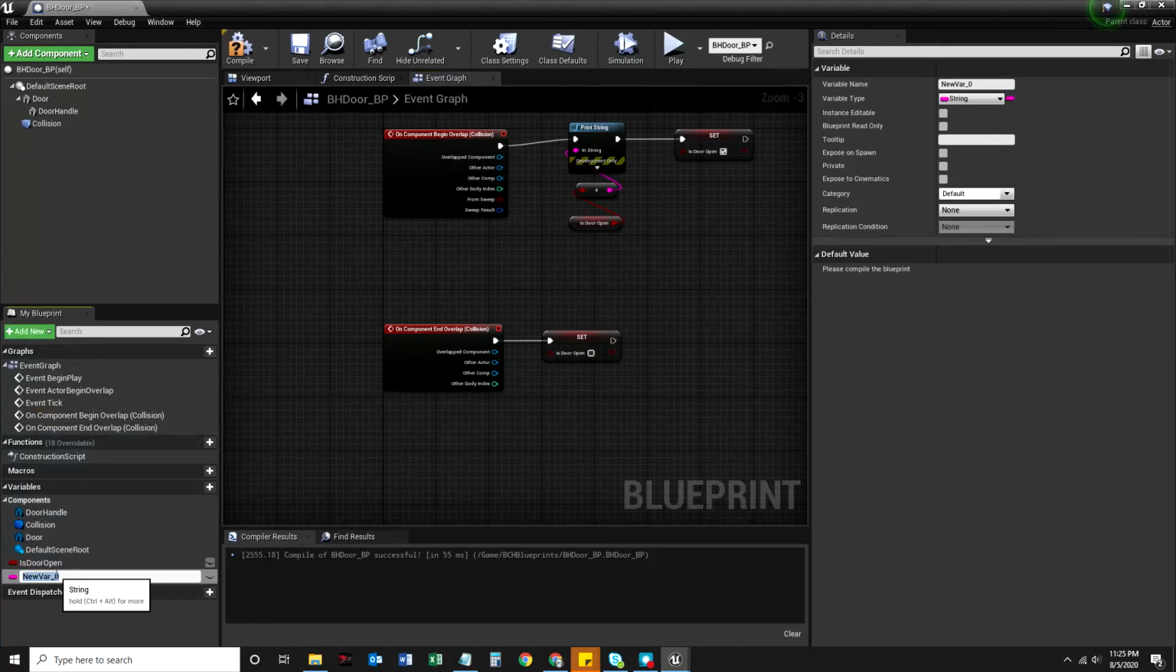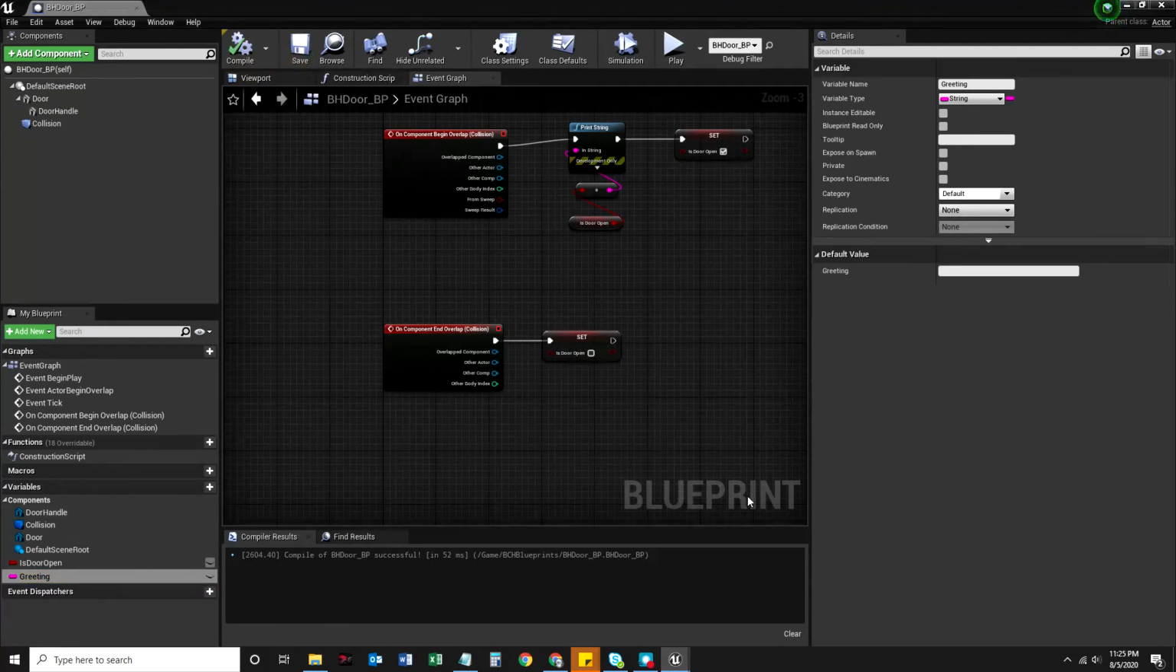And this is going to just be a greeting. I'm going to call it greeting, okay? Compile it and save it, because once you compile it, you can set its default value, right? And the default value might say, hello, is the door, hello,